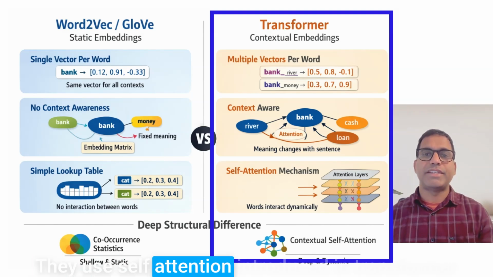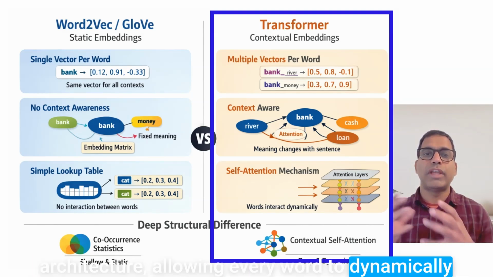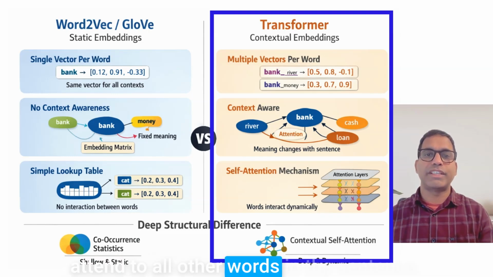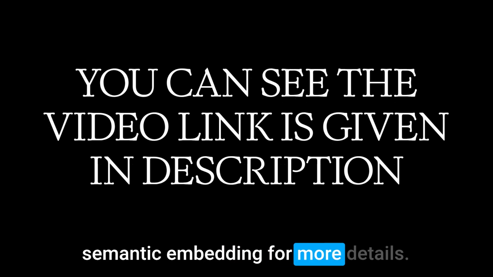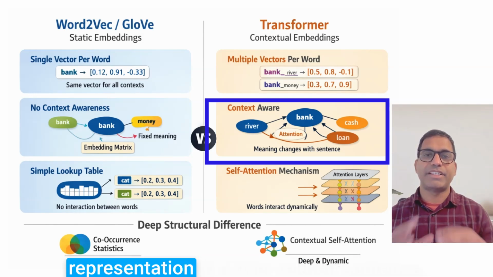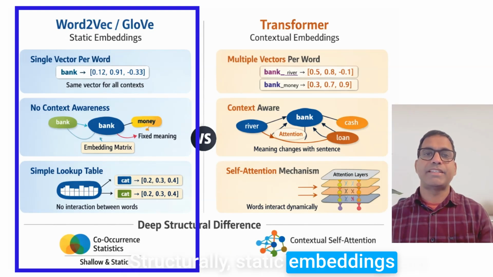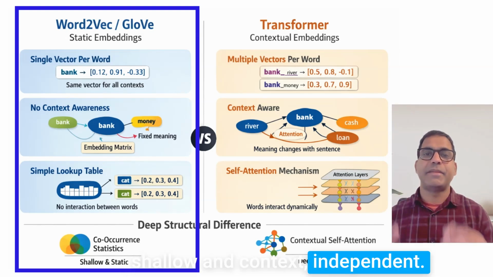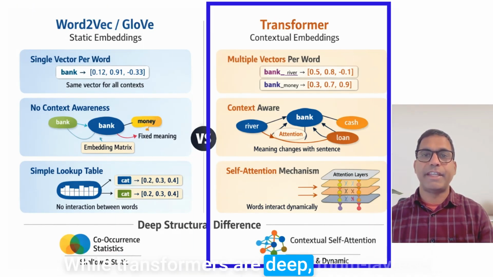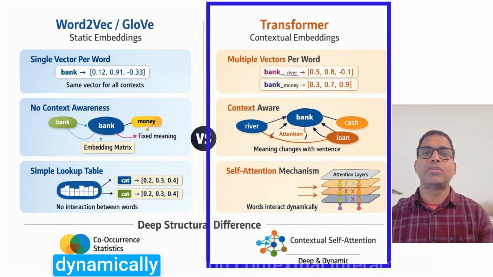They use self attention introduced in the transformer architecture, allowing every word to dynamically attend to all other words in the sentence. You can watch my part 2 video on semantic embedding for more details. This means the representation of bank in a financial sentence will differ from its representation in a river related sentence. Structurally, static embeddings are shallow and context independent, while transformers are deep, multi layered architectures that compute meaning dynamically through